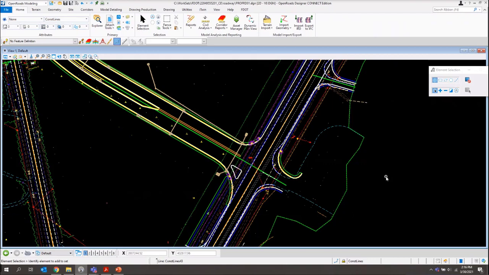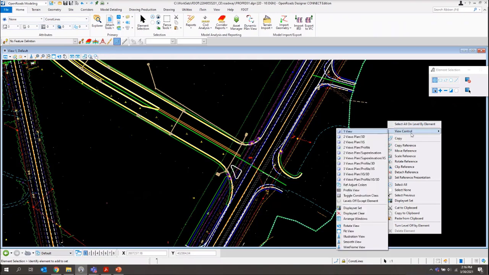And now what we'll want to do is make sure we activate our terrain. So I'll select my DTM boundary, and you may just need to right click to cycle through if there's a couple on top of each other. So there we go, activate my terrain. And then I'll need to open up a profile view. So again, I'll just bring up my context menu, view control, and we'll bring up our plan profile.